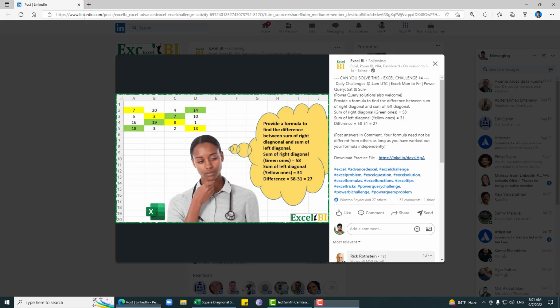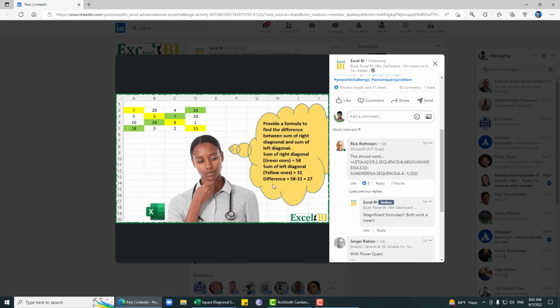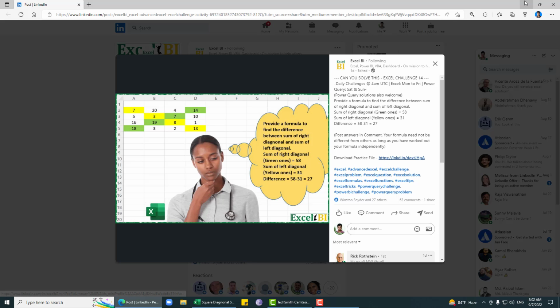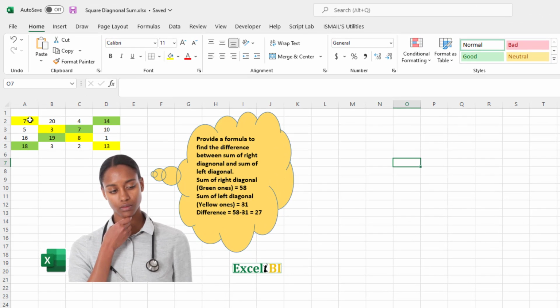Hi, so in this video we are going to solve this formula challenge and we'll try to generate a lambda out of this to work on different metrics. You can download the file from this link. I have downloaded that file and that is this one. Now we need to sum these numbers and we need to sum these numbers. And we are going to generate a lambda out of this,